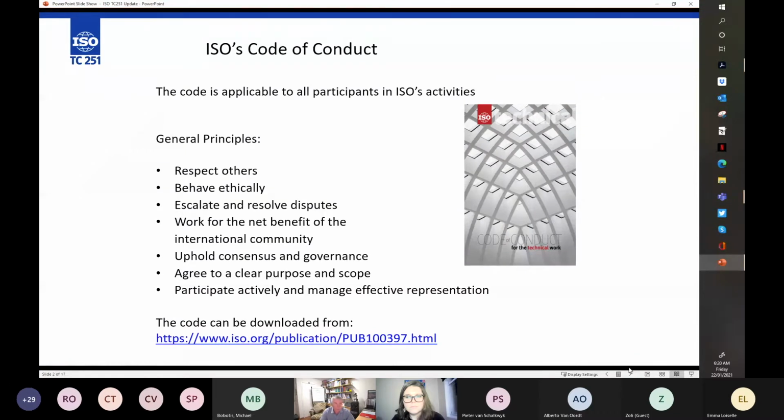As with yourselves, we do operate under a code of conduct. We are required to put this up at the front of any session. Obviously, dealing with an international community, and you'll see how many participants there are, and a number of participants from those countries, all with differing views, different backgrounds, different cultures, things can get a little heated sometimes, and people have their own views. So the code of conduct is very important for us to anchor the discussions that we have.